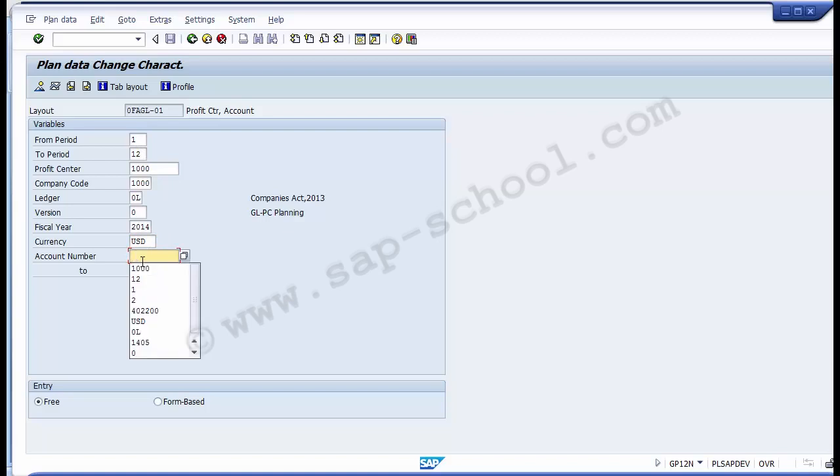Now once you have filled in all these parameters, you need to select the account number for which you want to maintain the plan profit center values. So suppose I take the value from this to, I have taken 402200 to 2220. So I have taken this range from and to for this particular profit center. So once you have selected all these different parameters for which you want to maintain the profit center values with respect to the GL account number, now we need to go to the option over here,